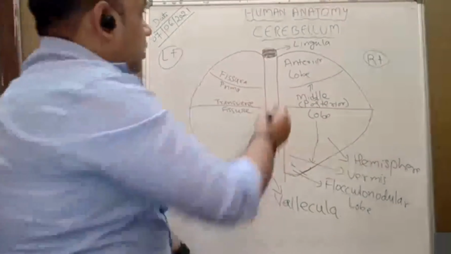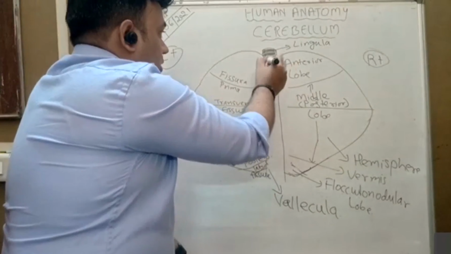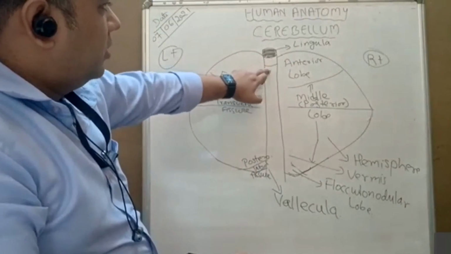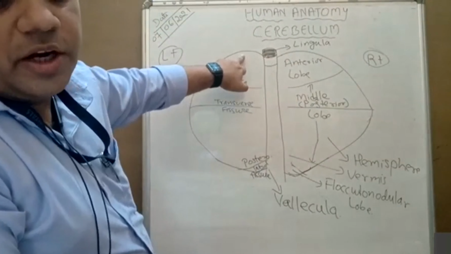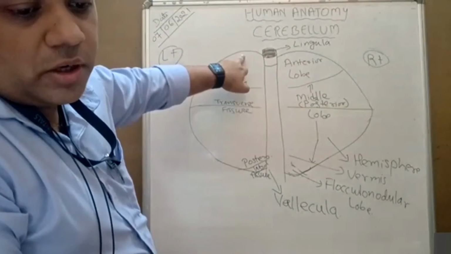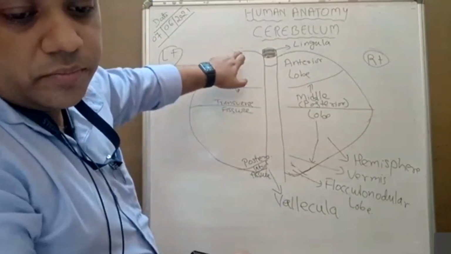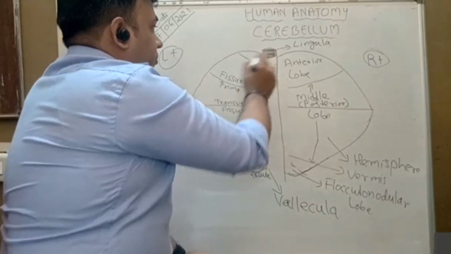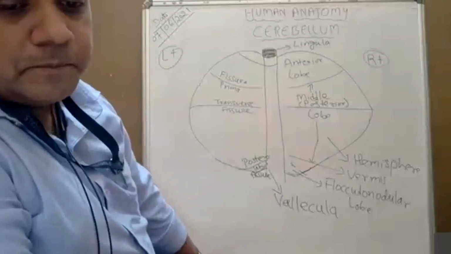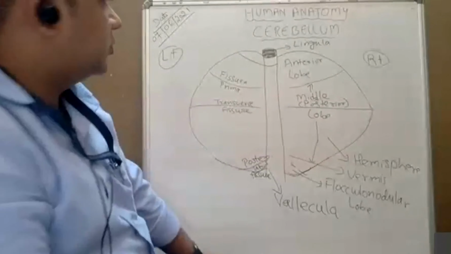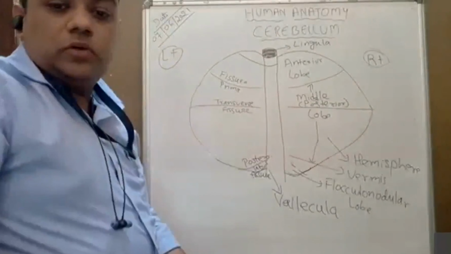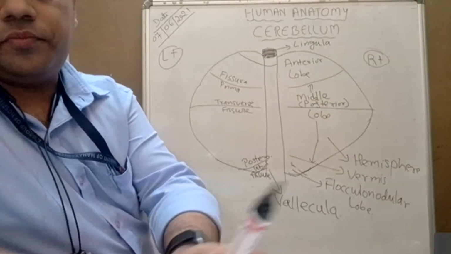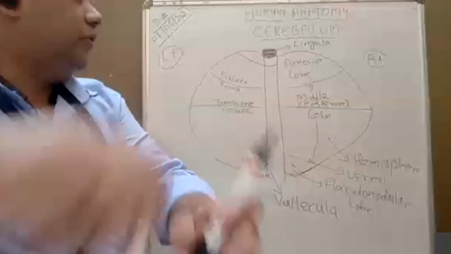Now on the vermis, there is the central lobule here, and it will extend this fissure between this and this. This will extend here up to the cerebellar hemisphere, and that is known as the quadrangular lobule. Sorry, ala. The first cerebellar hemisphere lobule is known as the ala. So I will give a dotted appearance to this. Red color I will use.